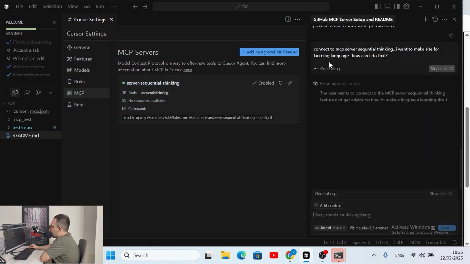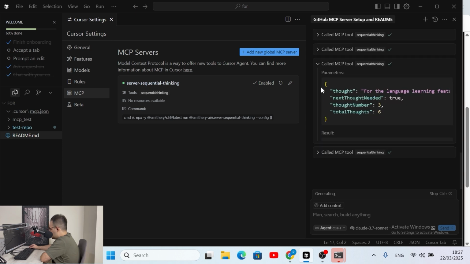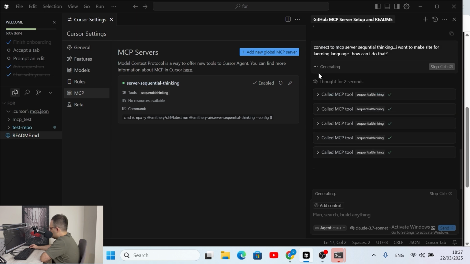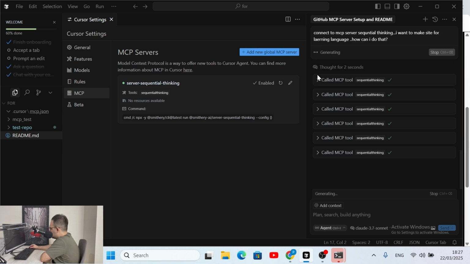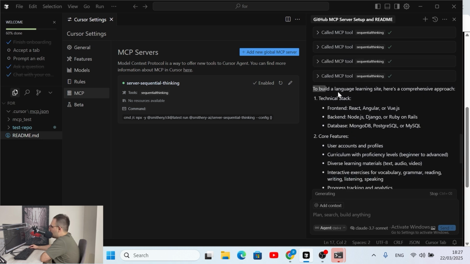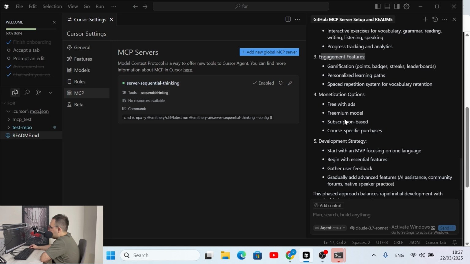In here, MCP connects to the server sequential thinking, and shows everything we need. Okay, this is my answer. To build a language learning site, here is a comparison of approaches, technical stack, front end, back end, the core features, engagement phase. This is sequential thinking,